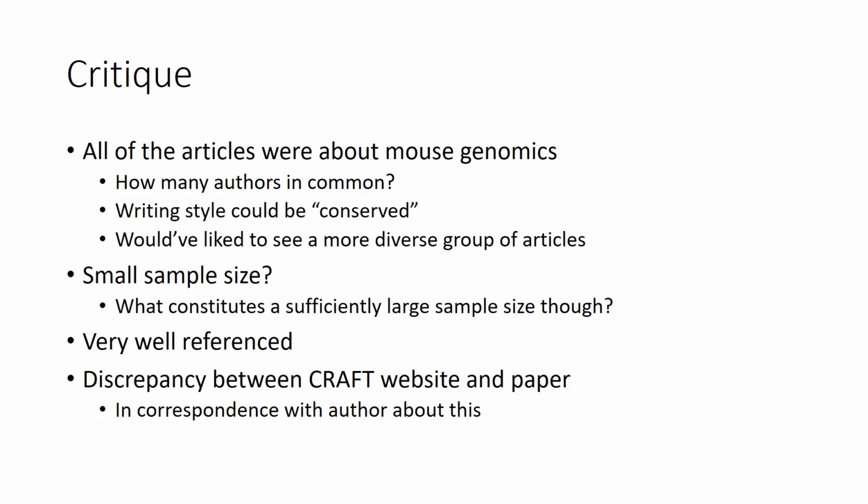There are a few problems for me as far as this is concerned. The articles were all about mouse genomics. But what if those 10 articles had the same author? It's very, very likely. If you have the same writing style, it's not necessarily a good representation of all articles in publication or PubMed. So I would like to see more diversity. Maybe a small sample size. The references were fine, but the other interesting thing I noticed